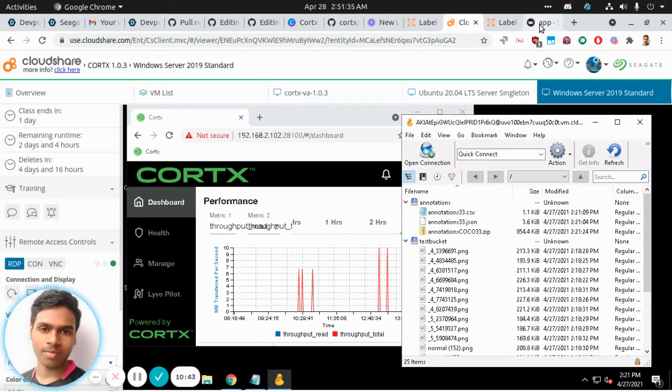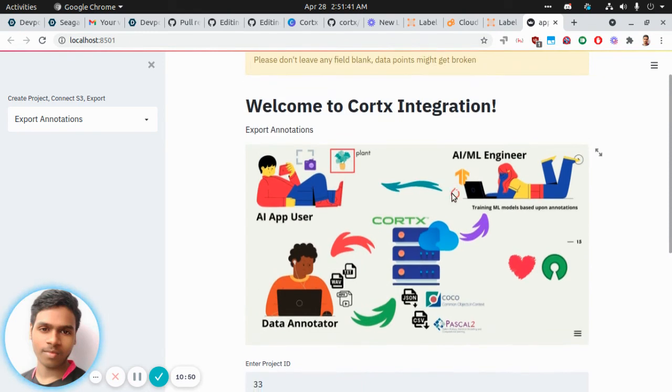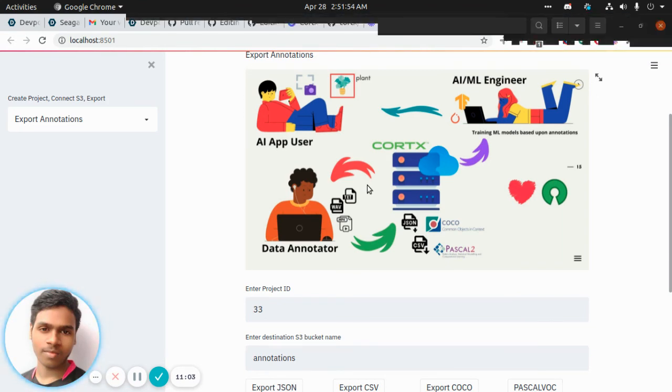Yeah, it has come pretty well here. Annotations have come. So what is the main advantage here is suppose your team is working here, and the Cortex acts as a server where everything is happening, like you are importing all your data. Suppose you are running a big company and the company has a huge amount of data.